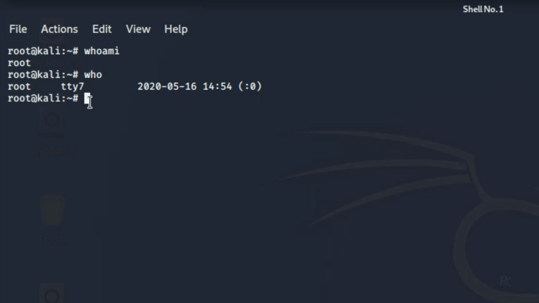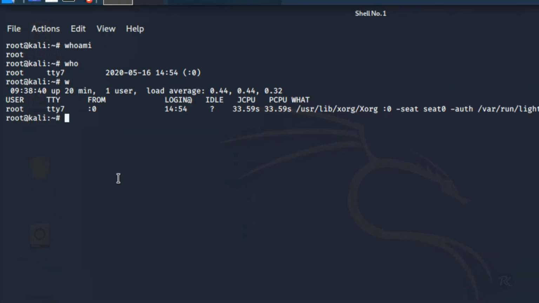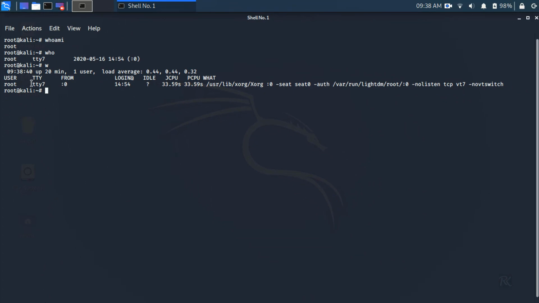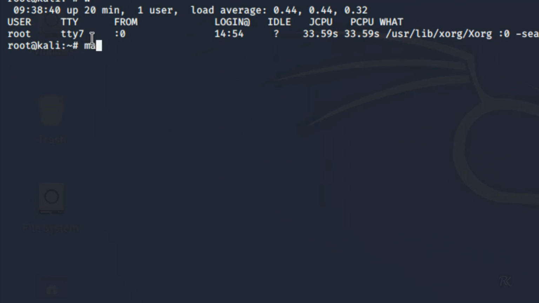It is used for teletypewriter. Now we will just give w, and it will give more detailed information about the user: from which terminal you have logged in, from which time you have logged in, all the details it will show.